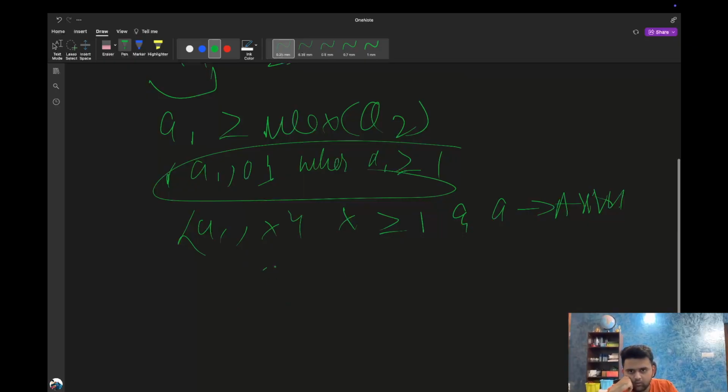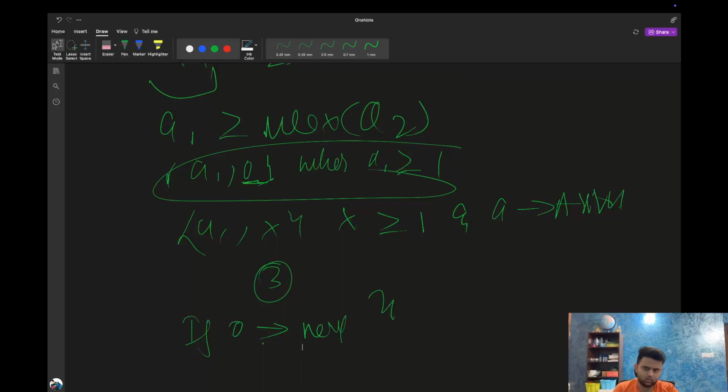So now of length 3 would be, okay, since if there's a 0 here, so if 0 next, okay,